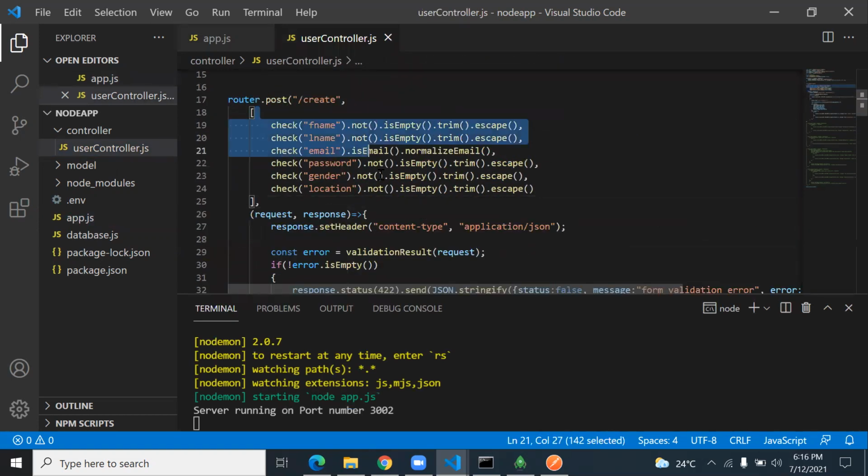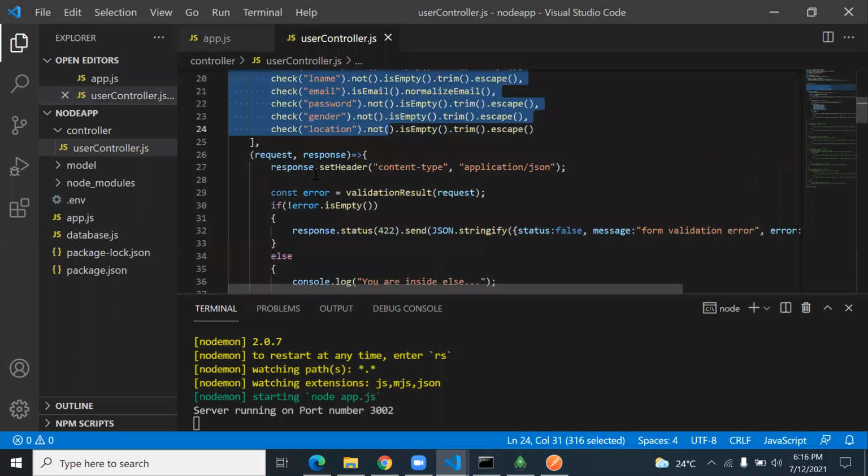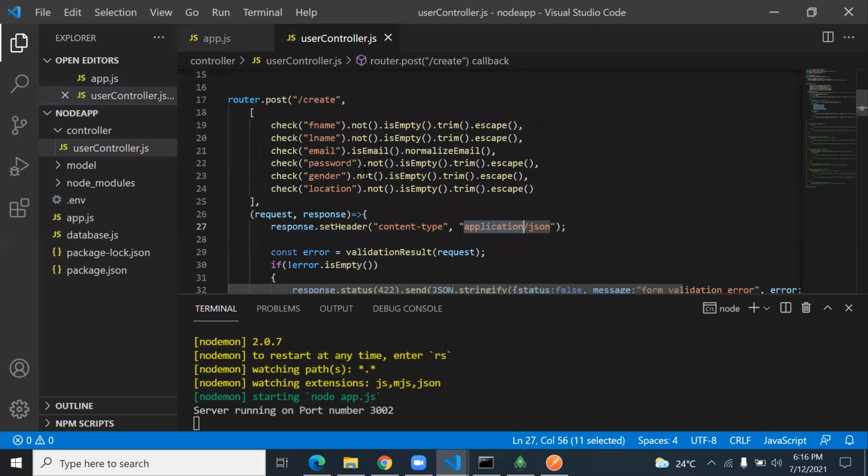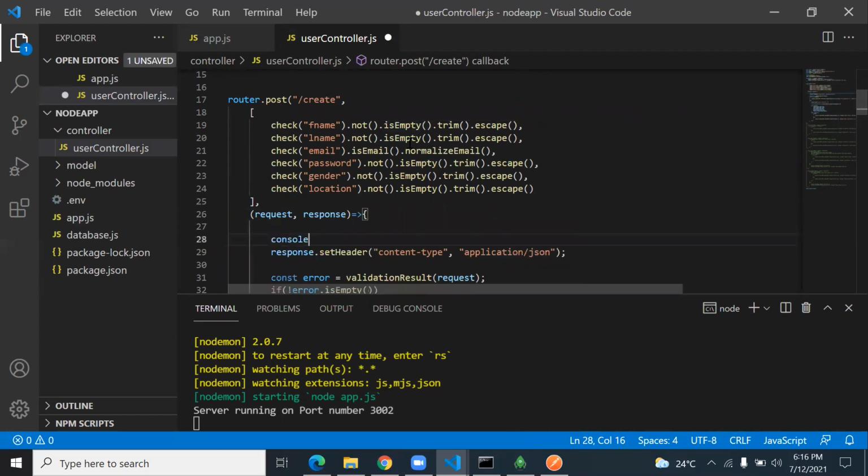Okay, I'm getting the data. So the content type is application/json. Console log the request object.